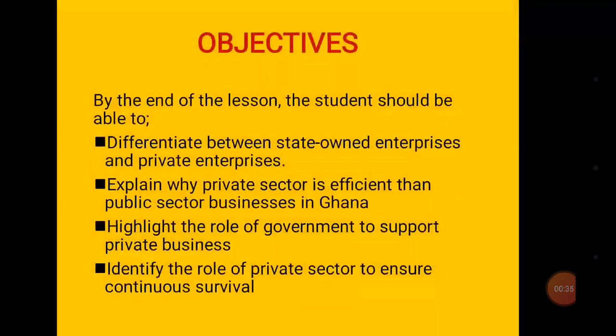Social studies for JHS2. By the end of the lesson, the student should be able to differentiate between state-owned enterprises and private enterprises, explain why the private sector is more efficient than public sector businesses in Ghana, highlight the role of government to support private businesses, and identify the role of the private sector to ensure continuous survival. This should be your objective